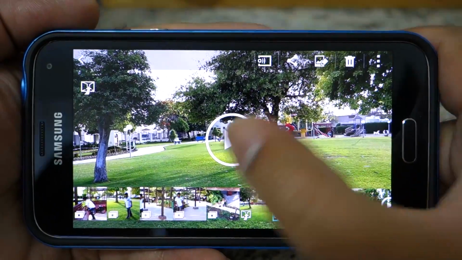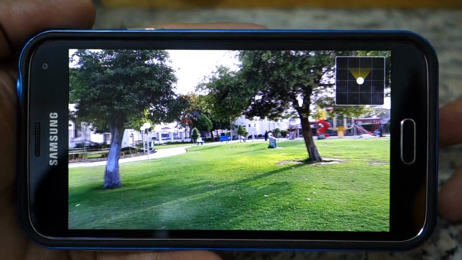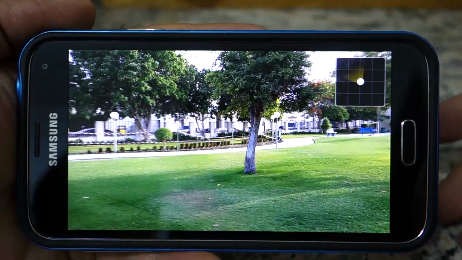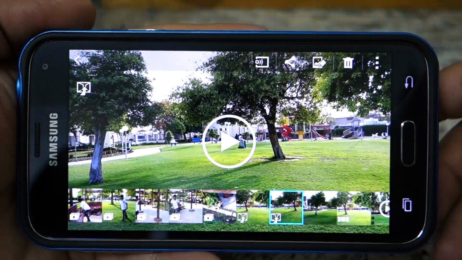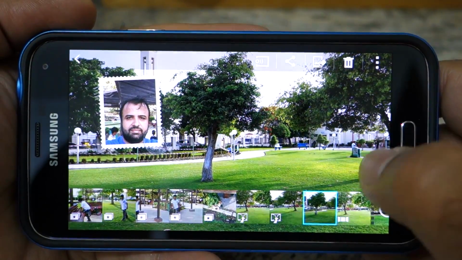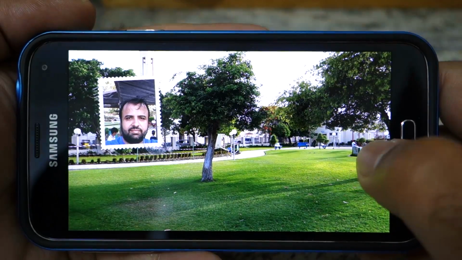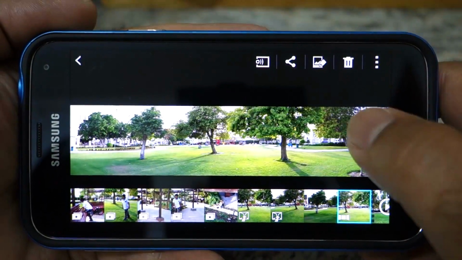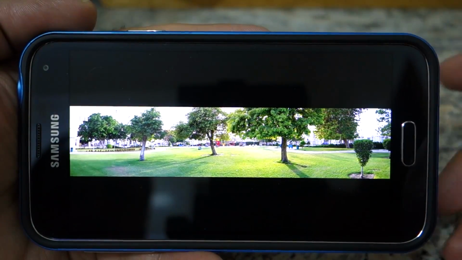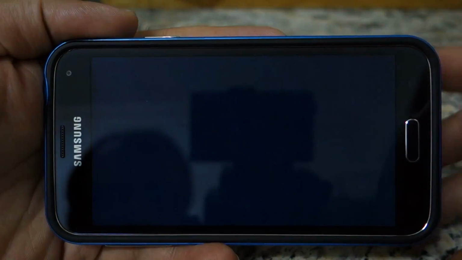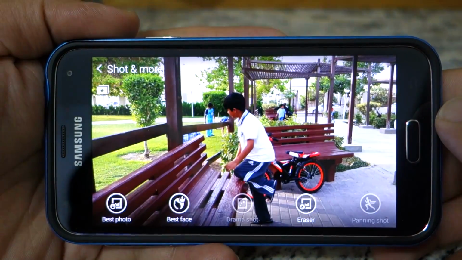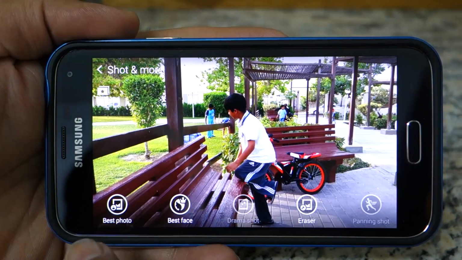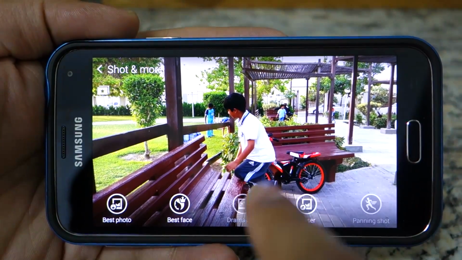The shot and more also have some very nice features. The dual camera also works pretty well both in photo and the video as well. And I have actually taken the panorama as well. The panorama stitching is also pretty good. I have taken a few shots in shoot and panorama, and once you have taken the picture you can edit